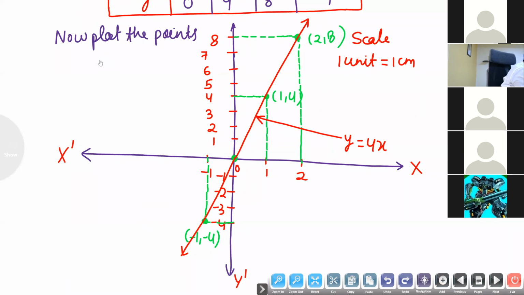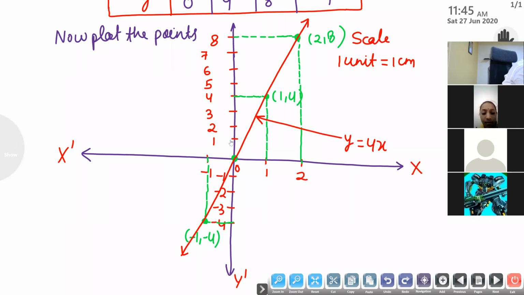But students, always keep in mind, when you are plotting any graph, the distance will be equal, because when you are using the graph paper, the gap will be equal distance only. And this line will be a straight line. If your line is coming zigzag, your answer is wrong. Your figure is wrong.